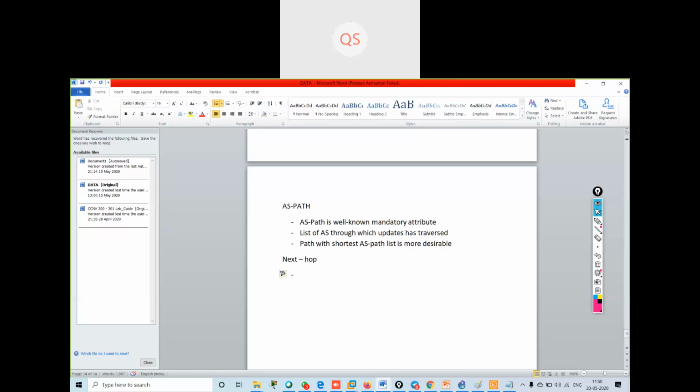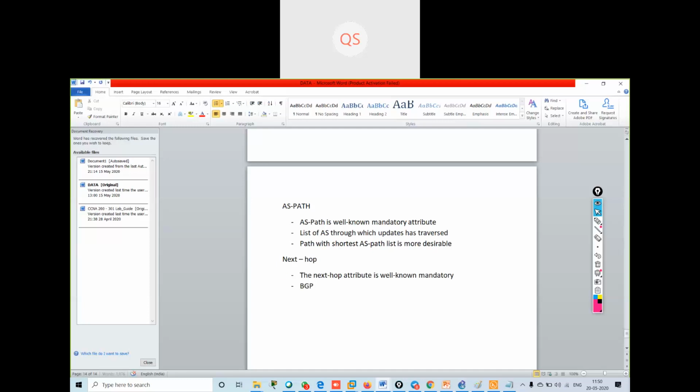Next hop. What is next hop? We have seen it when we were learning the next hop scenarios. The next hop attribute is well-known mandatory.